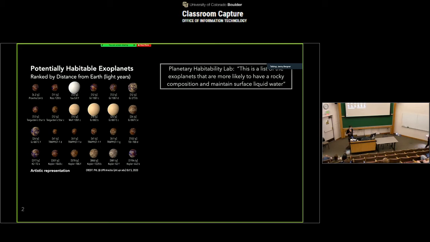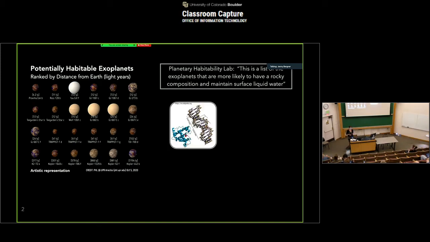So we all know that a rocky world and temperate climate is not enough in and of itself for a planet to be habitable. If we want to form organic biomolecules like we have here on Earth, we need to inherit the precursors for this chemistry as well. In the case of organic life on Earth, those precursors are the elements carbon, hydrogen, nitrogen, oxygen, phosphorus, and sulfur. So what we would really like to know is, do these rocky temperate planets also have the right inventories of these prebiotic building blocks such that life may actually develop?